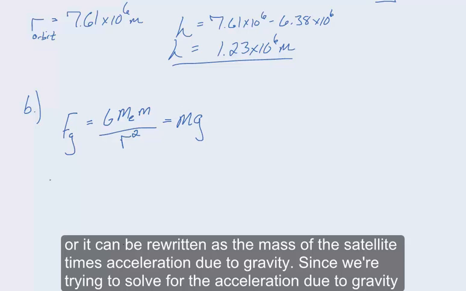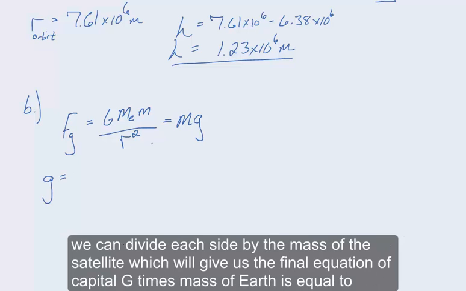Since we're trying to solve for the acceleration due to gravity, we can divide each side by the mass of the satellite, which will give us the final equation of capital G times the mass of Earth